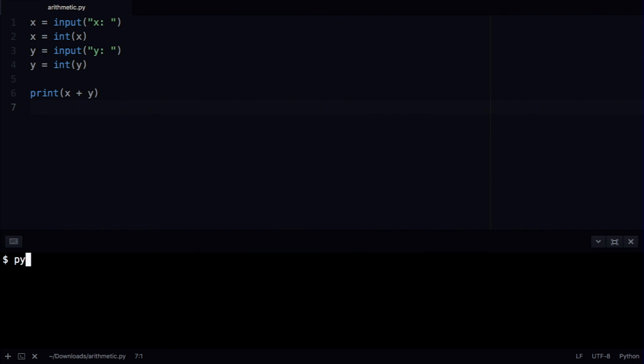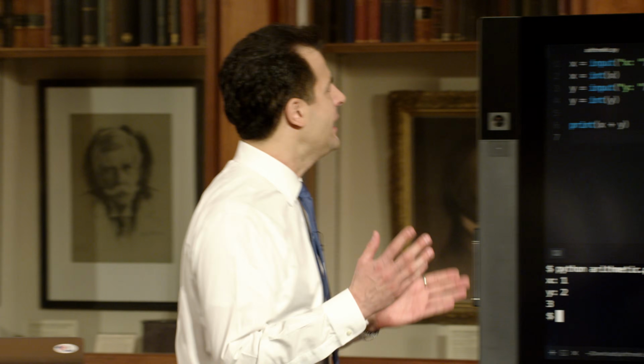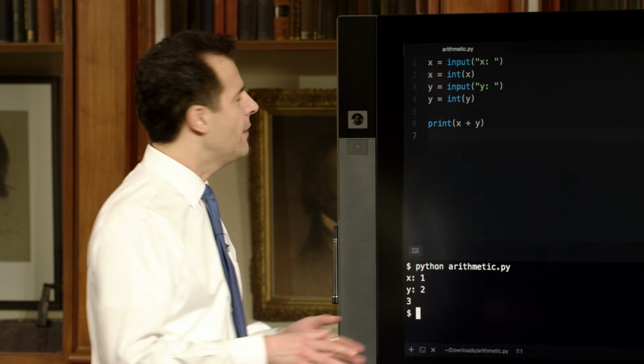Let's go ahead now and rerun this file as python arithmetic.py. Inputting again 1, inputting again 2, and lastly hitting enter. And this time we have 3. Unfortunately, we've paid a bit of a price, albeit just a matter of style. I seem to have increased the length of this program from just 3 lines to 5 just to fix a